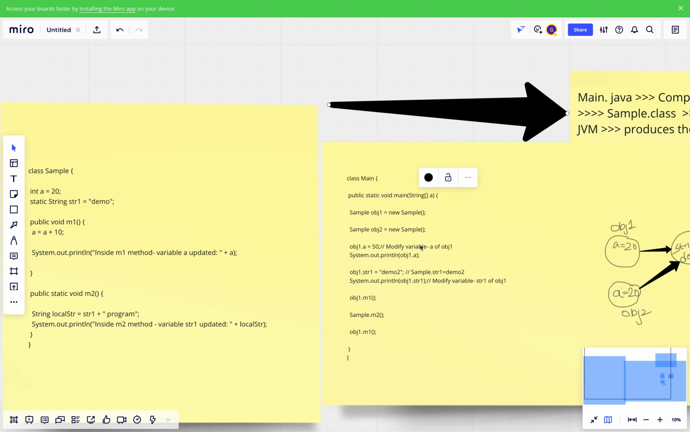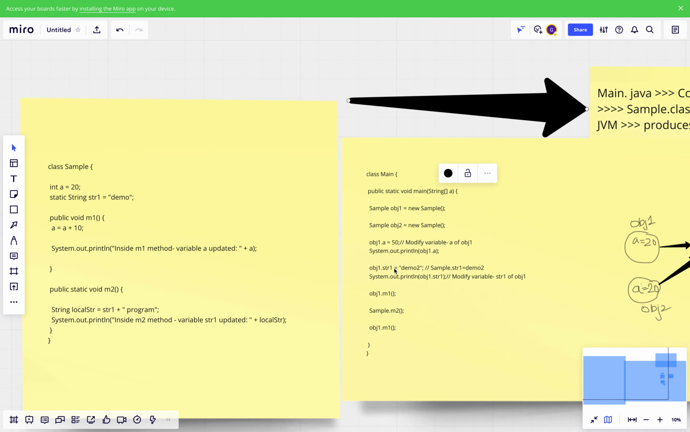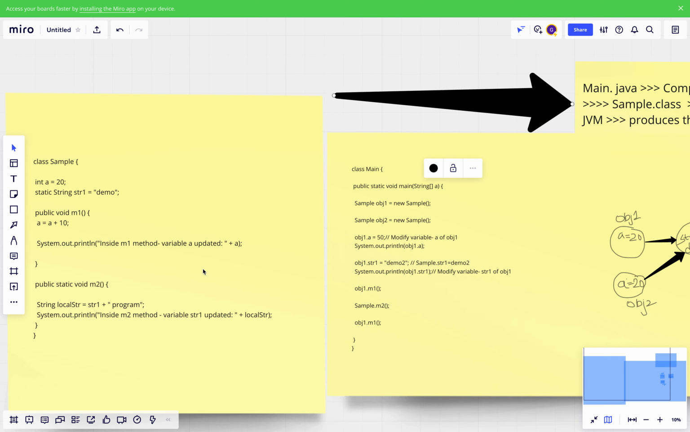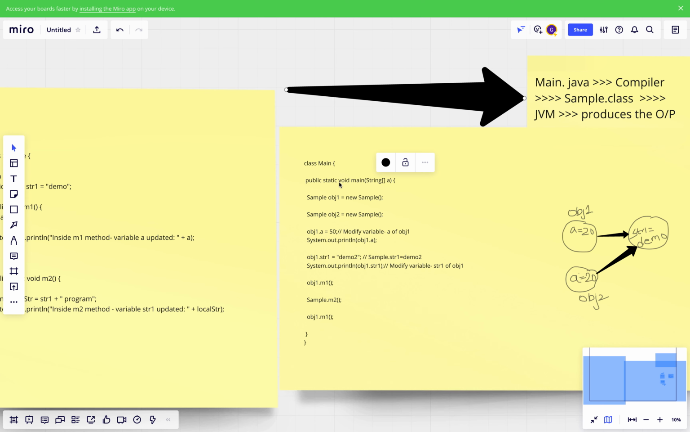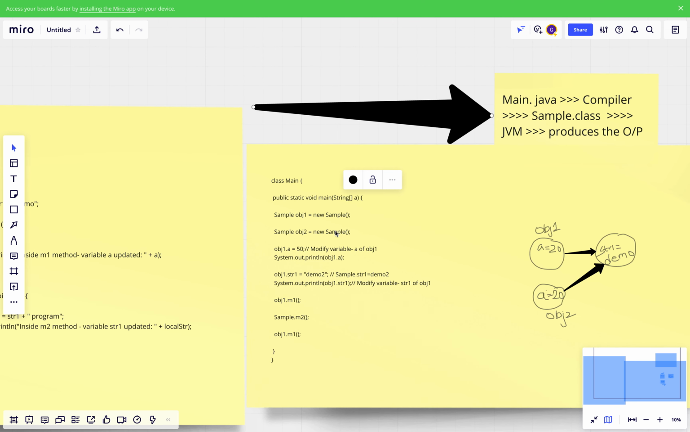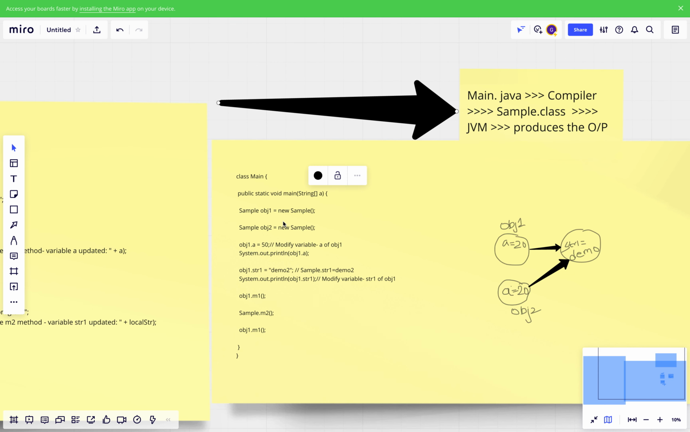Okay, and now we already discussed what is there in the sample class, and what we are going to do in the main class we'll discuss now. In the main class we have a main method, and we have created two objects of type sample. You create the object using the new operator. See, new is an operator, and this will actually create the object in heap memory. And this is a